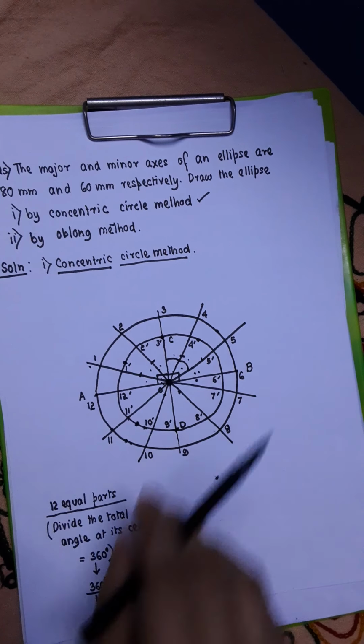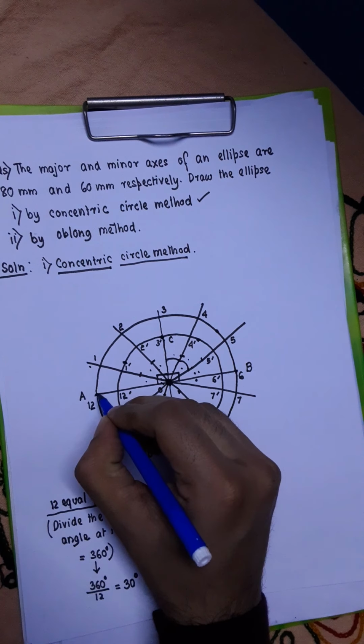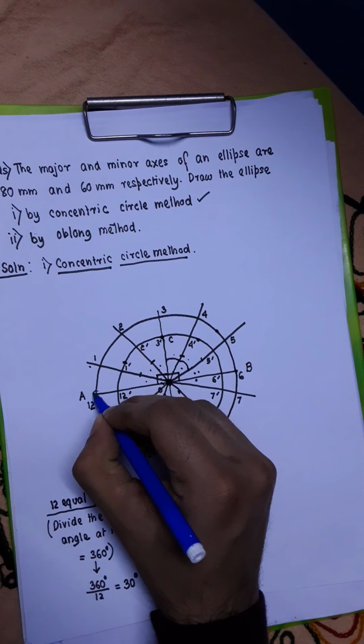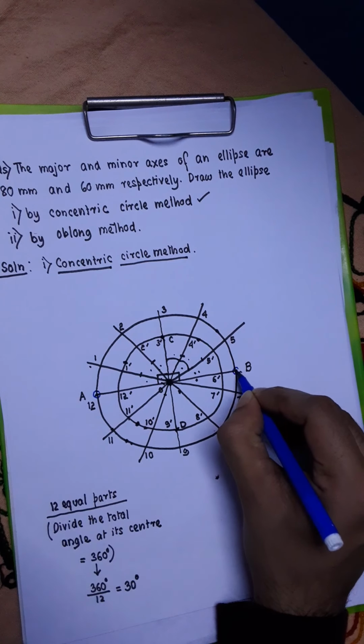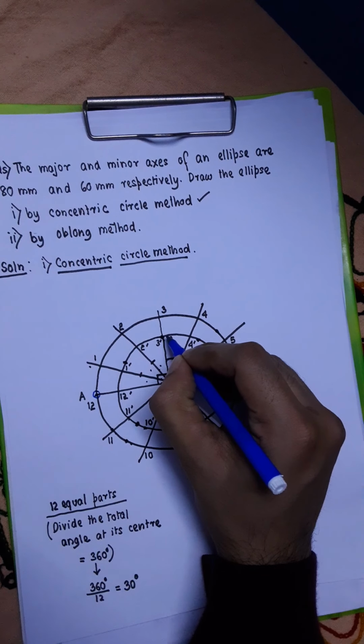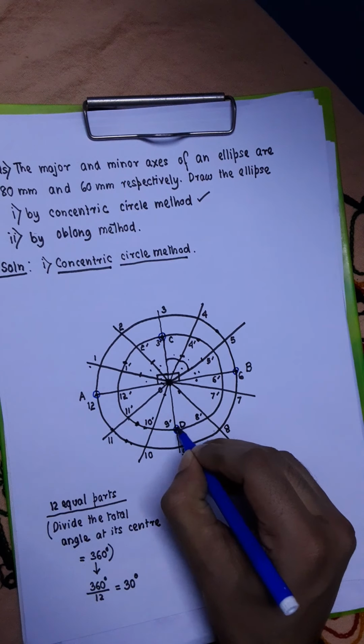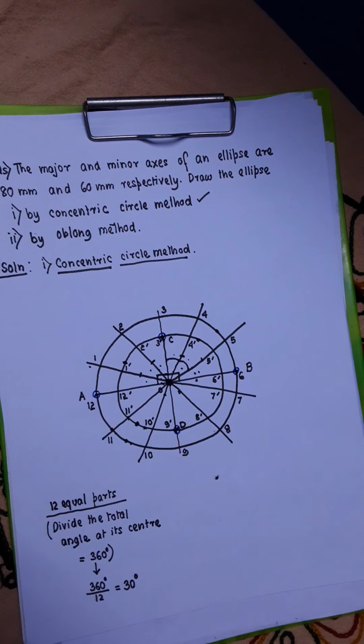This is very critical. You see, already we have some points which will lie on the ellipse. Let us identify those points first. You see point A. The point A is one of the ends of the major axis. The two ends of the major axis and the two ends of the minor axis will always lie on the ellipse. So there is no confusion regarding the fact that point A will lie on the ellipse, point B will lie on the ellipse, because these are the two ends of the major axis. Similarly, the two ends of the minor axis will also lie on the ellipse. So point C will lie on the ellipse and also point D will lie on the ellipse, because C and D are the two ends of the minor axis.